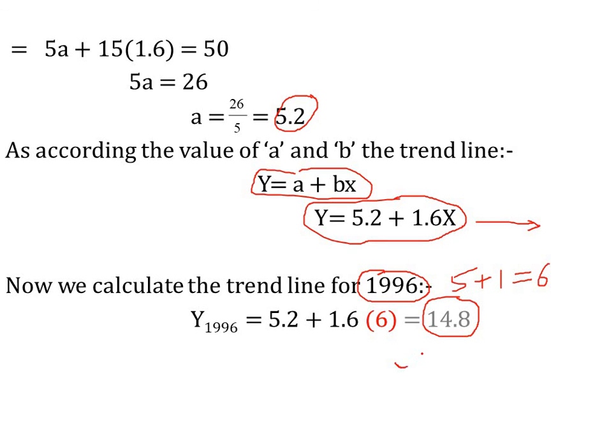So dear students, that's how the least square method can be used to find the line of trend, and once the line of trend is obtained, then that line of trend can be used to find the projected data for any future year. Okay, so I think now it is clear to all of you how to use the least square method for measurement of trends. Among all four methods, the least square method is the most accurate one, and it can be used for a long period of time as well as for a short span of time.